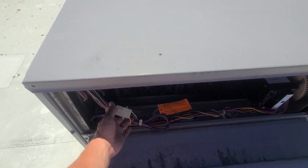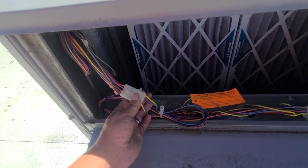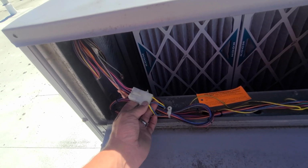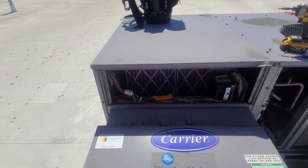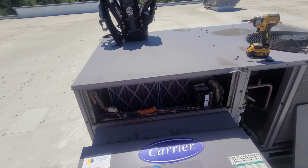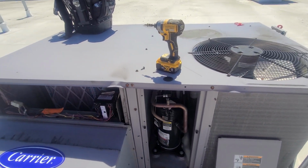And I always try to leave these Molex plugs right here anytime I do an install, just in case something has to happen or you need to bypass the economizer because something's bad, just to have an option to quickly do that if you're waiting on parts or if you're doing troubleshooting. So I wanted to eliminate that right at the get-go, so I put that plug in there, and then down here,